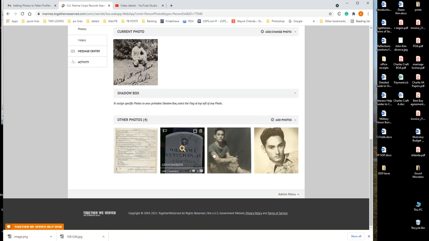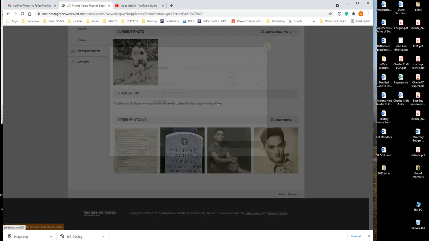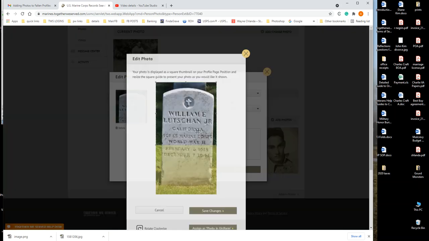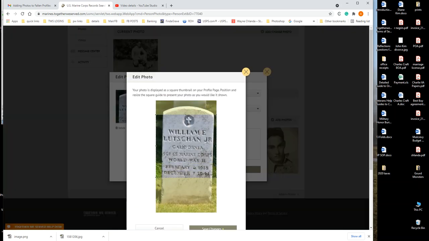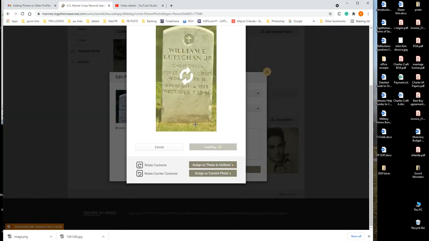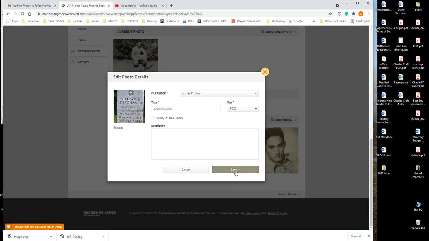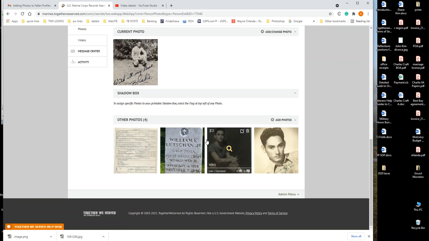Now that grave marker is on here. I would like to be able to see this image a little bit more showing the information. Just going to save it again and save. Okay, now another thing you can do is click this little flag up here,